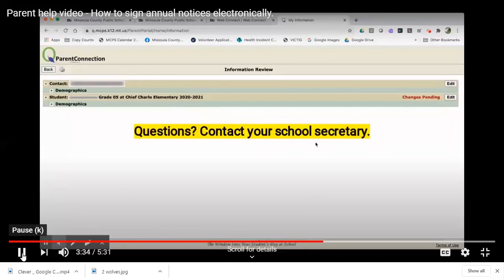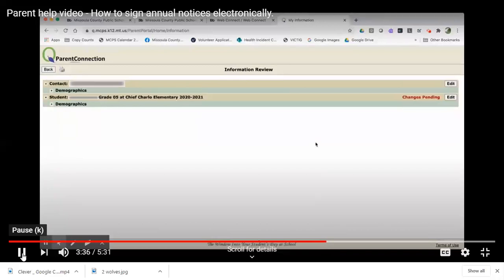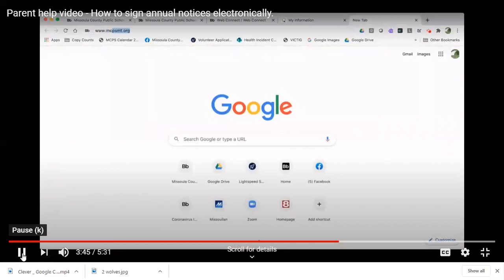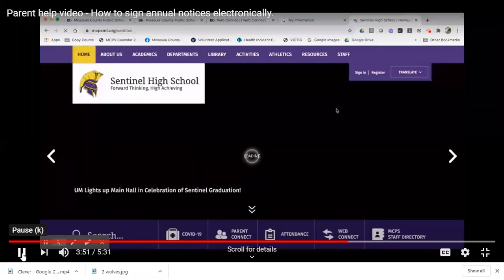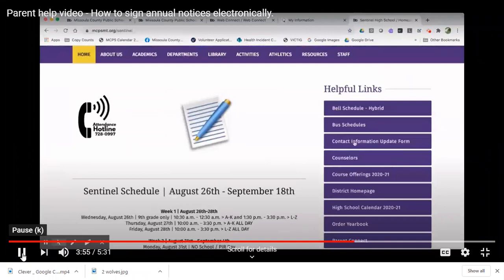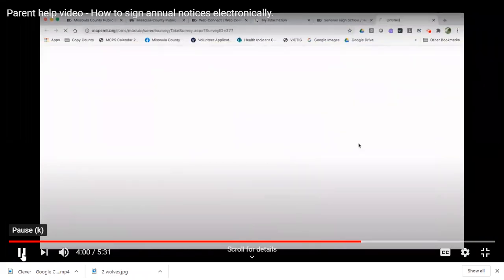Also, make sure that you complete the contact information update that was included in the email you received from the school district. If you want to find that information again, simply go to your school's homepage. I'll use Sentinel High School as an example. And then look in the series of buttons on the homepage for this link that says Contact Information Update Form. Click that,